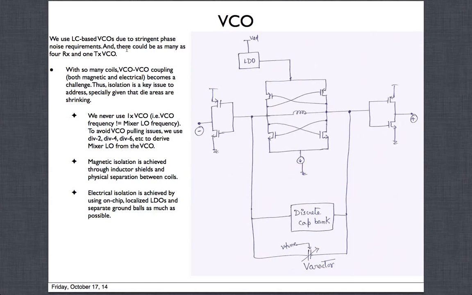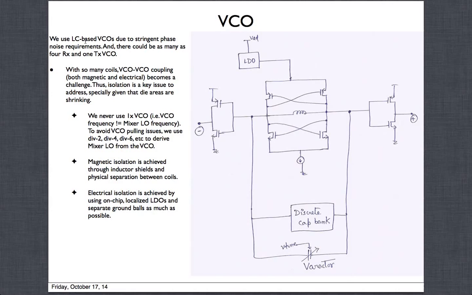As we have seen previously, going through receive diversity, LTE carrier aggregation, SHDR and all that, there could be as many as 4 receive VCOs, and maybe just 1 TX VCO, though this will be more depending on how complex the TX is. If you have so many VCOs and they are all LC based, you can imagine that the more coils and inductors you have on the chip, the more that is a primary source for coupling and spurs.